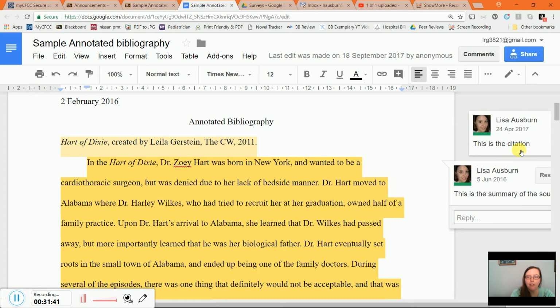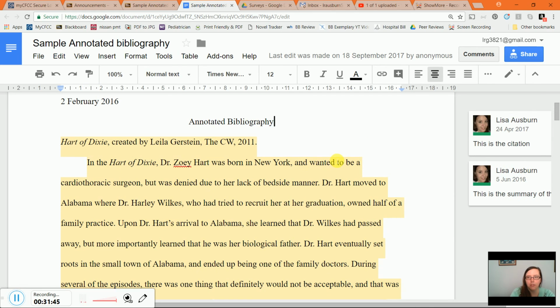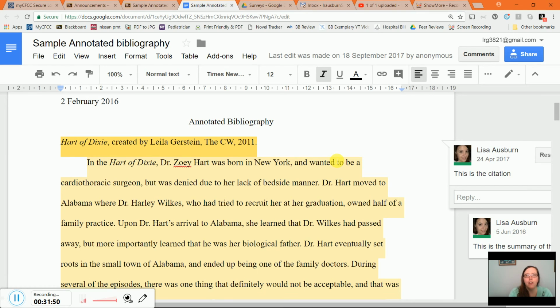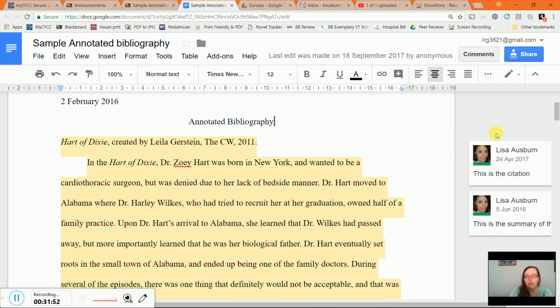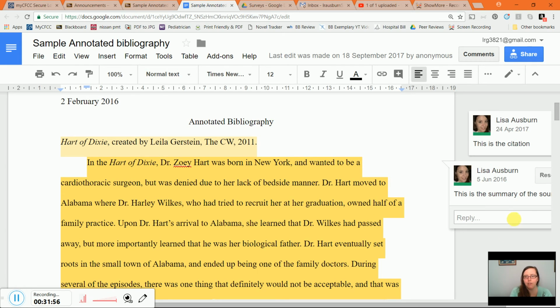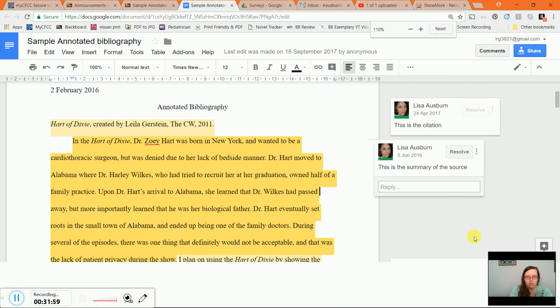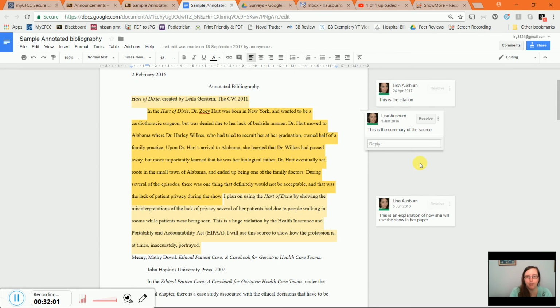And then we have a comment here. I'm trying to make this smaller, but I don't know if I'm going to be able to. Oh well. We have a comment here that says this is the summary of the source. There we go. Now it's way too small, but that's okay.